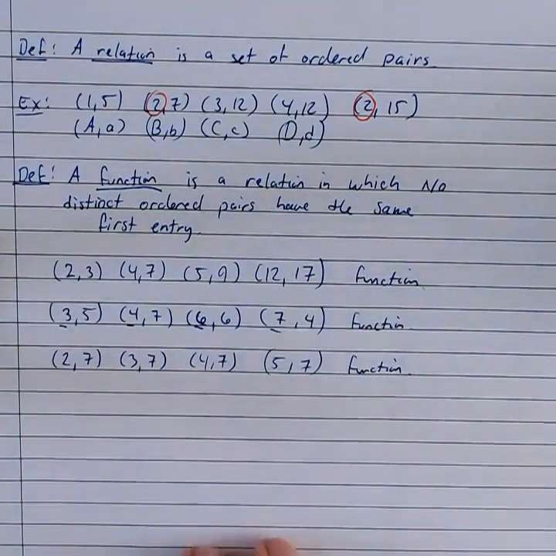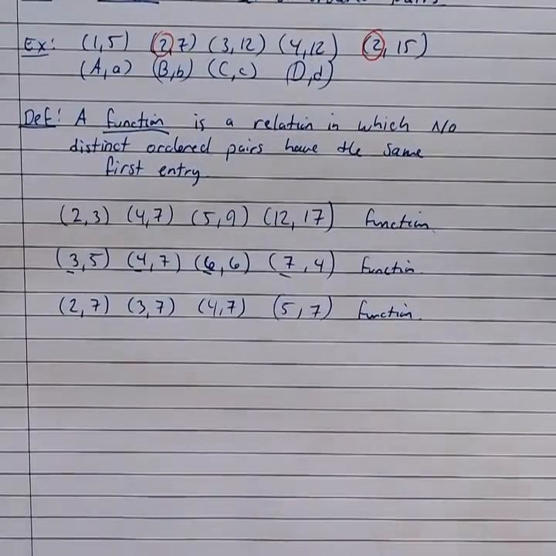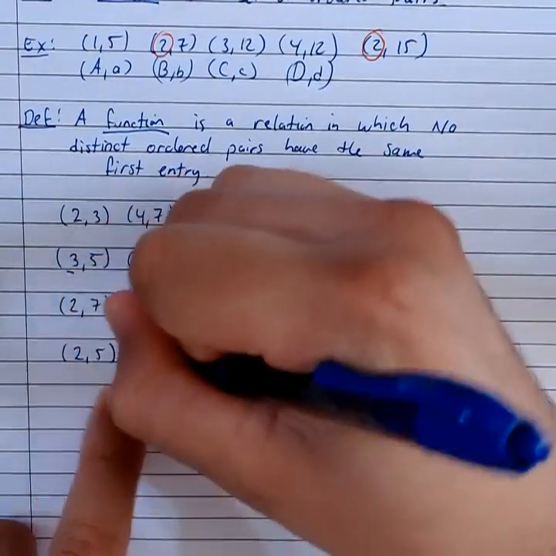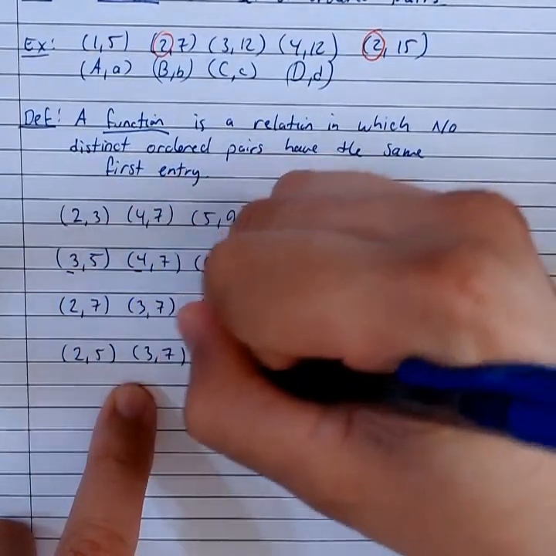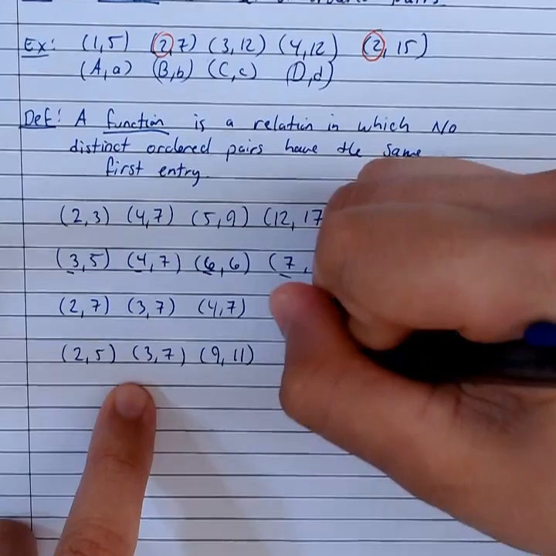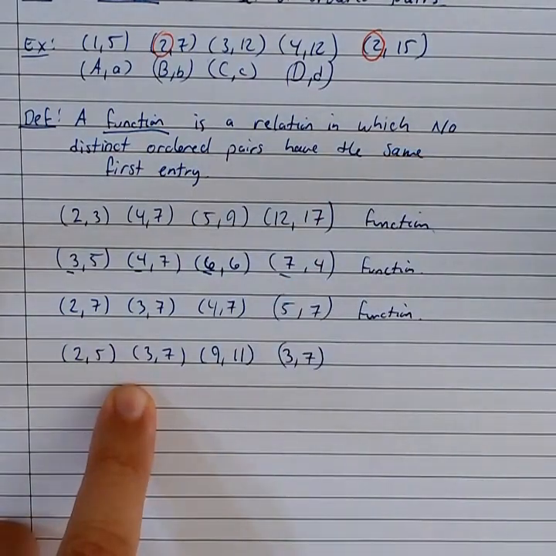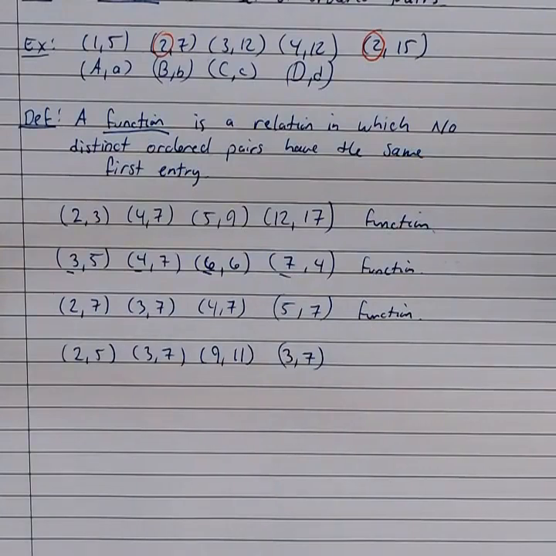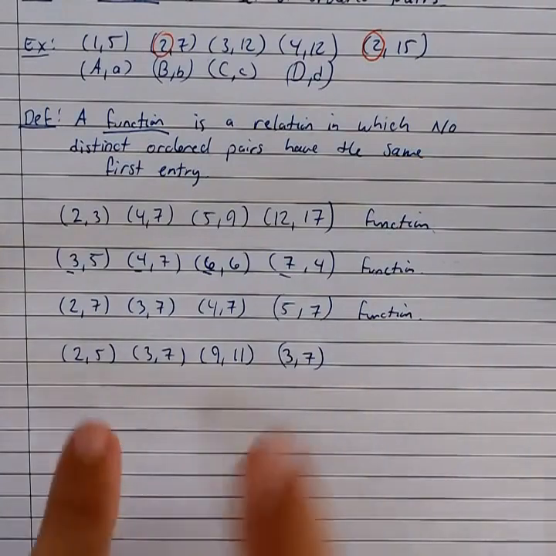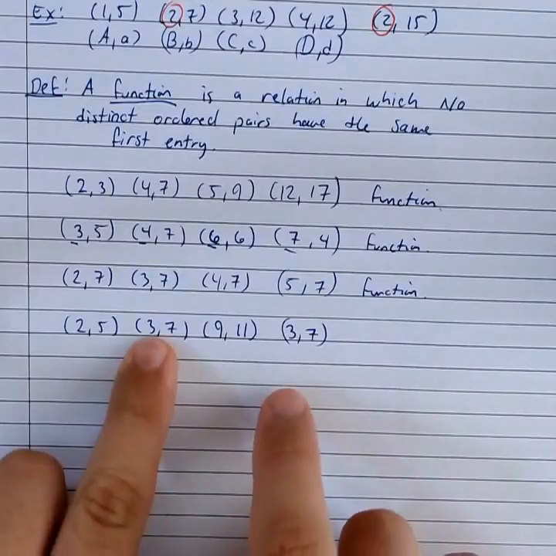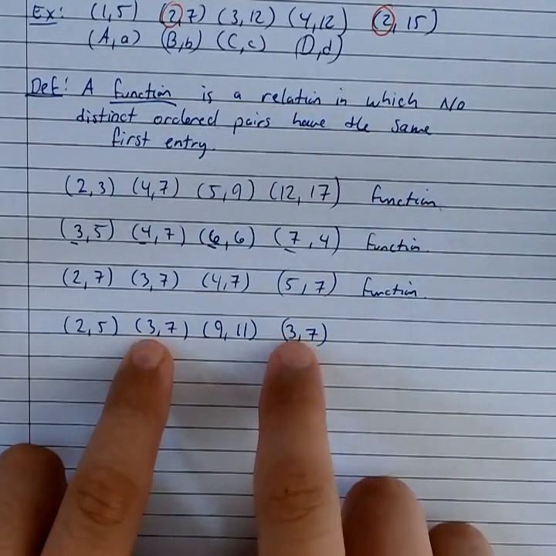Okay. Now, there is one that's slightly tricky. You got to be careful with this one. What about this one? What if I said (2, 5), (3, 7), (9, 11), and (3, 7)? Would that be a function? Well, at first glance, it looks like no, that wouldn't be a function because just like this one up here, I'm reusing the same first entry. Right here, 3 appears multiple times. But this one,